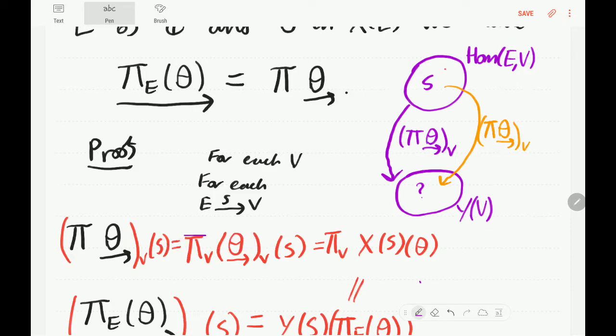So we can rewrite this as the V component of pi after the V component of theta under arrow operating on S. So that's just going to be pi subscript V after x of S of theta. This is applying the definition of theta under arrow that we've already seen. So we've got the result of doing the orange arrow on S. Now we just have to compute